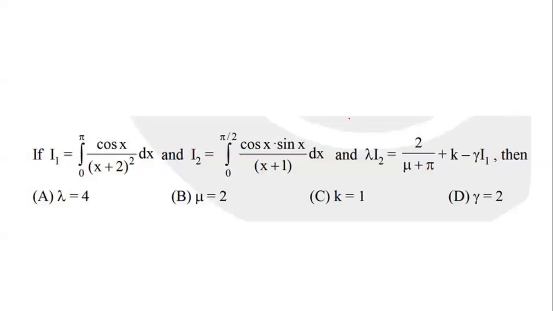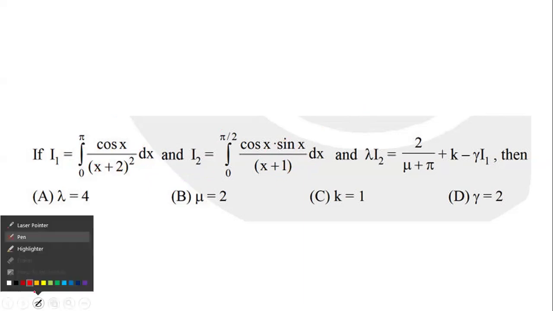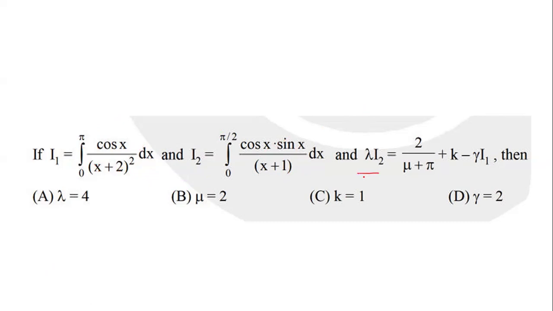So hello guys, in this video we are going to solve this problem. In this problem it is given that I1 is this integral. The limits are from 0 to pi and the integral is cos x divided by (x plus 2) whole square dx. And I2 is another integral. Limits are from 0 to pi by 2 and the integral is cos x multiplied by sin x divided by x plus 1 dx. And there is one relation between I2 and I1, which is lambda I2 is equal to